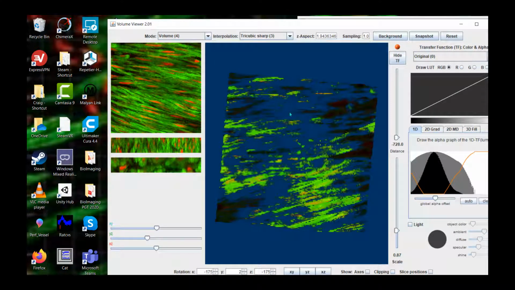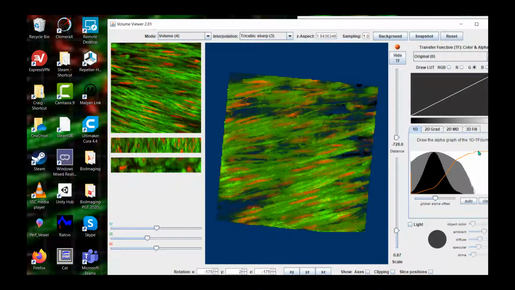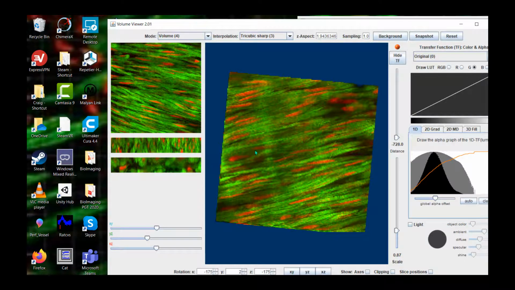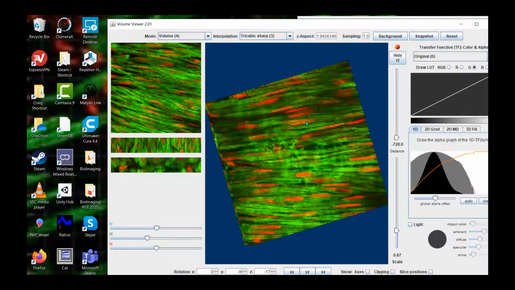Okay, so in the volume, what we have is two channels. We've got a red channel, a green channel, and we have no blue channel. Now in the red channel, let me first of all just fix this so we can see all the data, and I'll come back and explain what I'm doing here. Okay, so here's my whole data set. You can see the individual cells quite nicely.